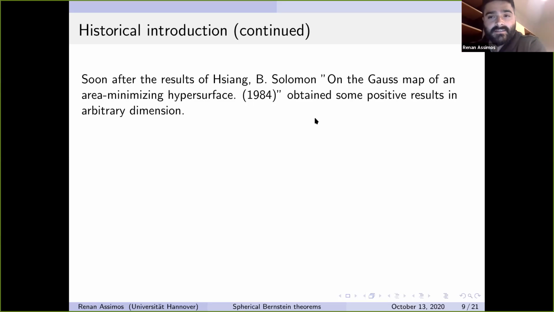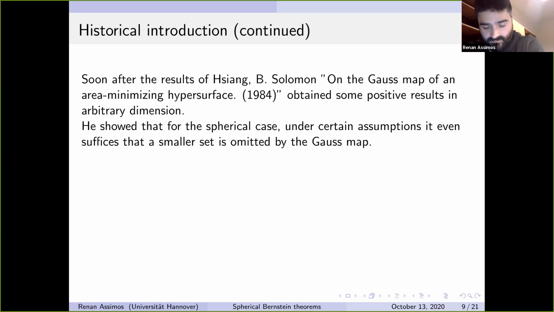And he gets the following positive result also in arbitrary codimension. He showed that for the spherical case, the Gauss map actually can omit a much bigger set than the one of Jost and Yang before,